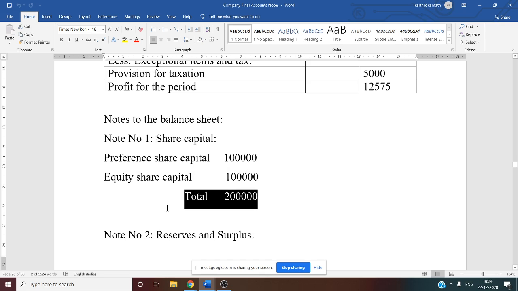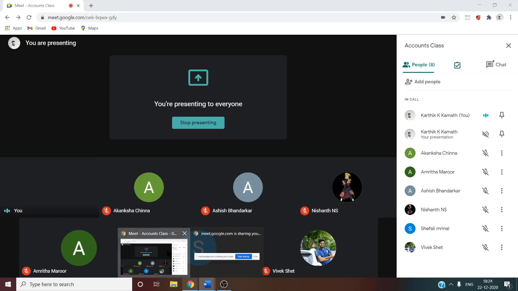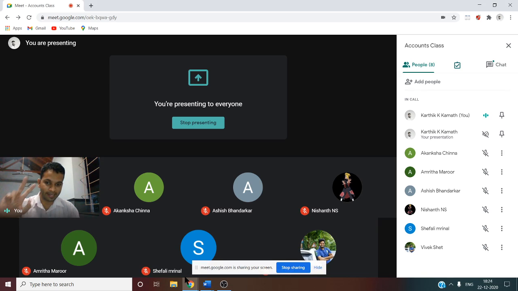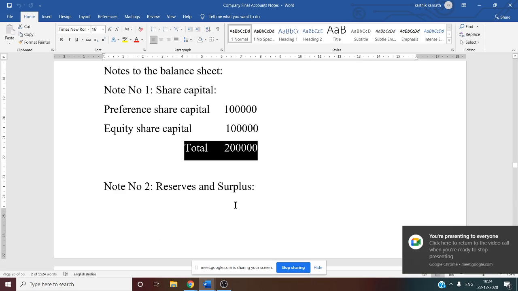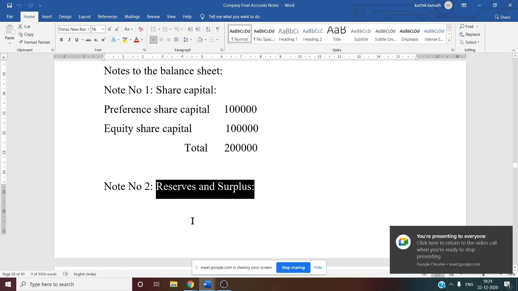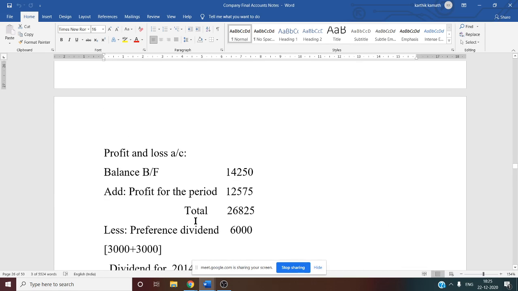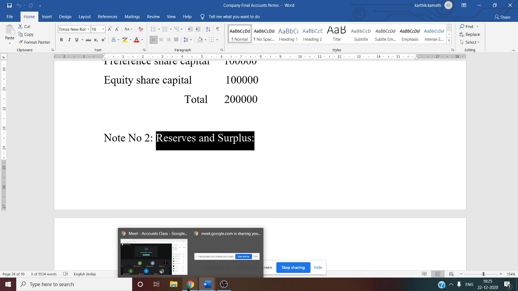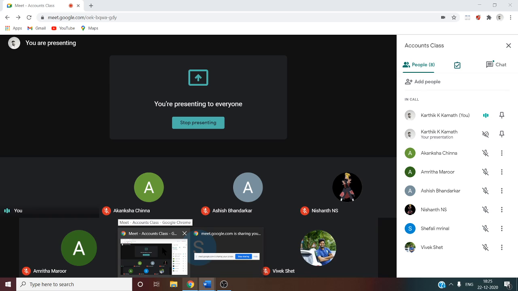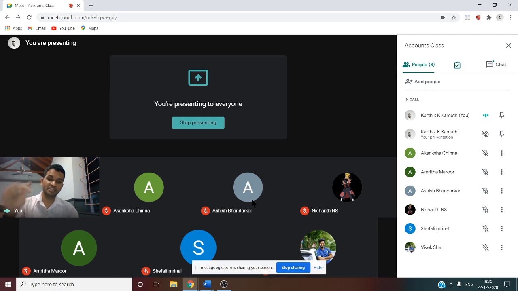Working note number 1 is over. Now, a very important working note from the point of view of the problem is working note number 2. Why? Because there are two categories. So now if you see here, working note number 2, that is reserves and surplus. First thing we have to discuss is only reserves now. Let us see only reserves, whether reserve information is given in the problem. In this problem, there is no general reserve information. There is no transfer of funds to reserve. Any fund or debenture redemption fund information is not given. Debenture redemption fund investment information is not given. So that is why there is no reserve information here. Directly we can proceed to surplus information.